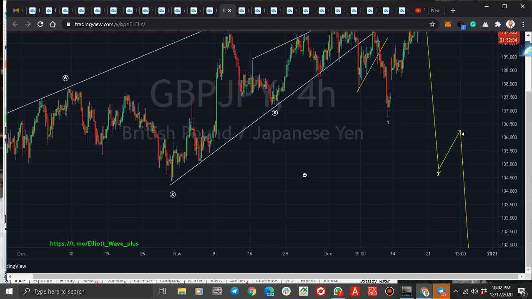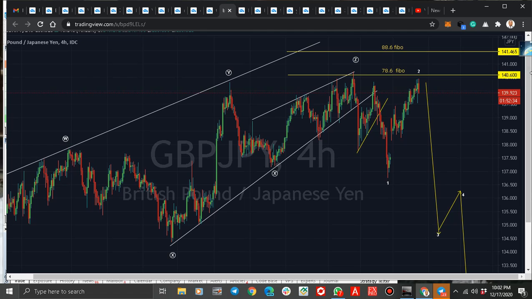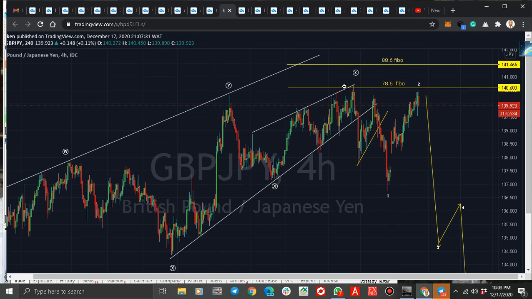So nothing new on 4 hours, nothing different, but you can see this line have been there for so long. Price have tried to break it, it comes back, try again, comes back, almost hit again, and you can see the price coming back again. So the selling might start here. So I don't see this price breaking this very line now, unless I see a corrective move like this, then it can break it. But for now, I'm expecting the downside.